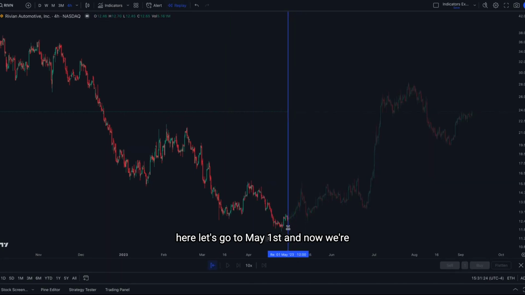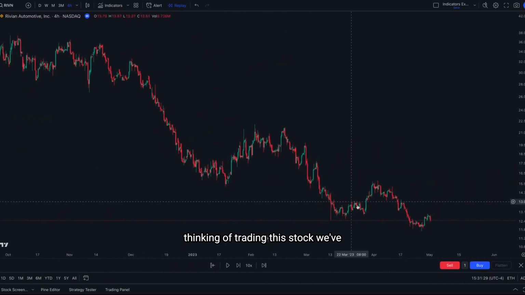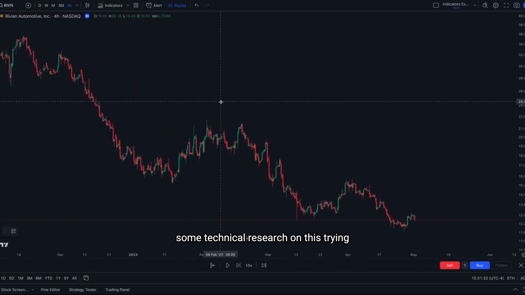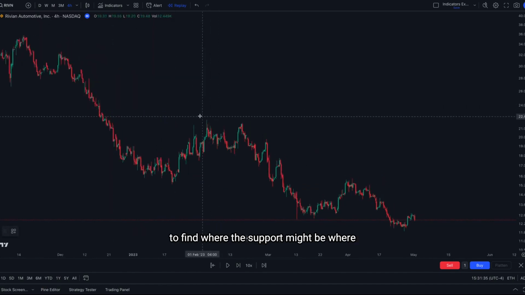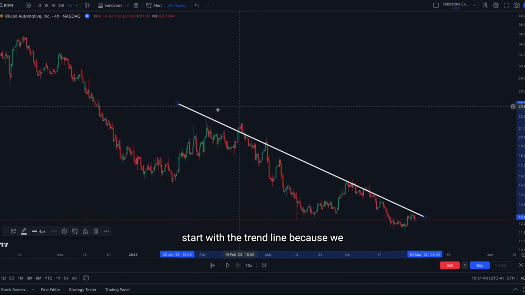Let's go to May 1st. And now we're back on May 1st, and pretend we are thinking of trading this stock. We've just observed it, and we're going to do some technical research on this, trying to find where the support might be, where the sellers or buyers are. And we first start with a trend line because we observe that